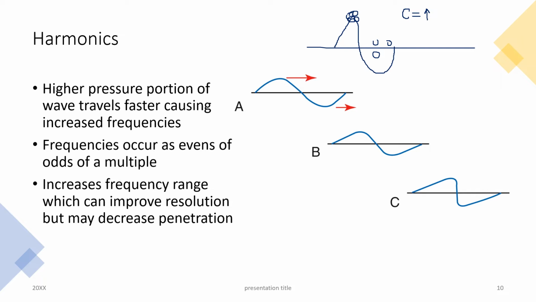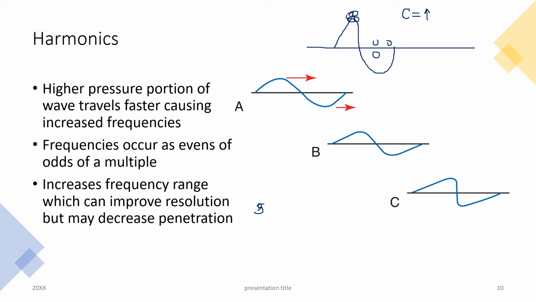So as we see that we're emitting a certain frequency of sound into the body, as that sound transmits through the body, it compresses molecules. As those molecules compress, they become more dense. And as they become more dense, they become more stiff, and the propagation speed in that area is thus increased. So what we see is when we start to scan a patient with, say, a 5 megahertz transducer, once that sound gets into the body, we actually end up with additional